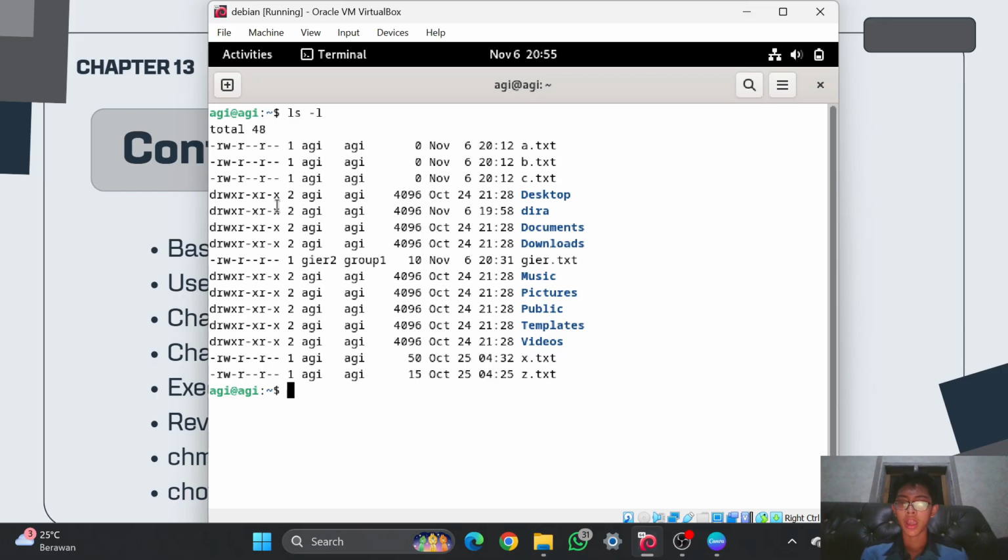So agi has permission to write, execute, and read for this directory. And the group, the second one, has permission to execute and also read inside this directory. And the last one is only x. It is for other, which is this 4096. It has permission to only execute this directory.